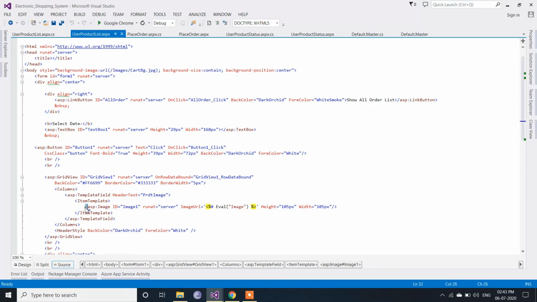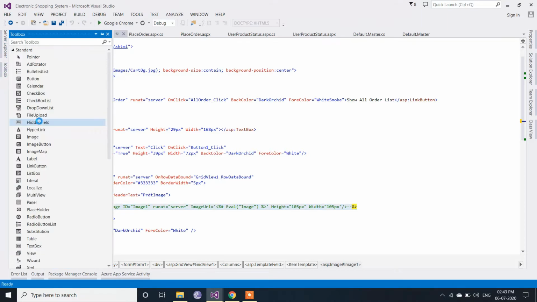So first of all, let's comment out this image control. In the toolbox, take the image button.